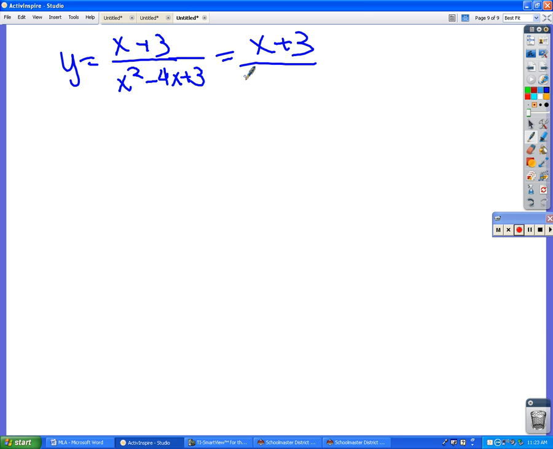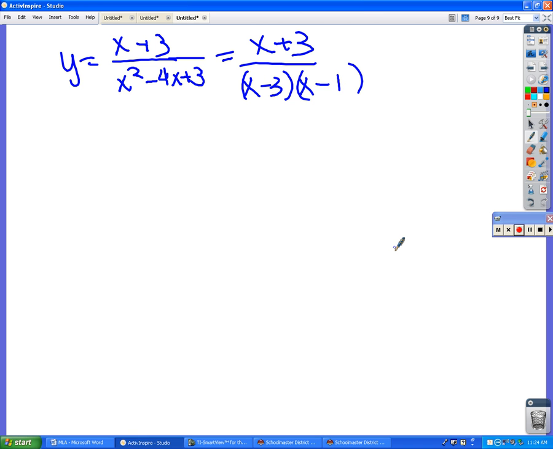Okay, this is your life for the next probably week and a half. I need to take this bottom and I need to factor it. Because you can only cancel things when you are multiplying. So you cannot say the 3's cancel because there's one on top and one on the bottom, because those are being added. So you have to turn this into a multiplication problem by factoring. So two numbers that multiply together to be 3 and add to be -4 are